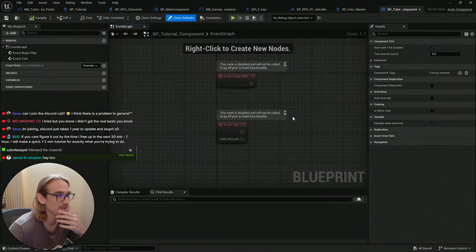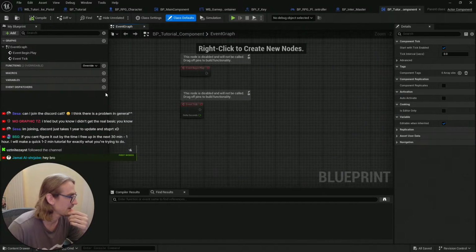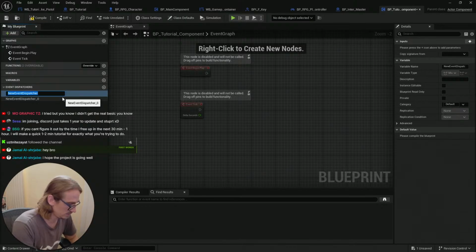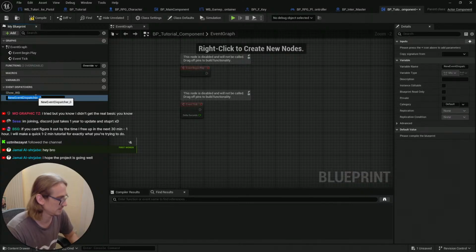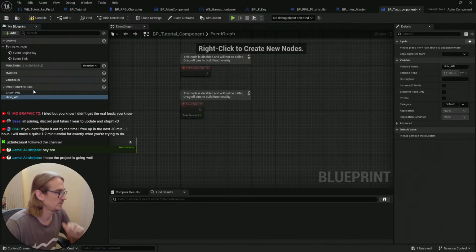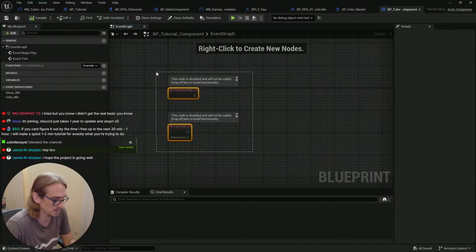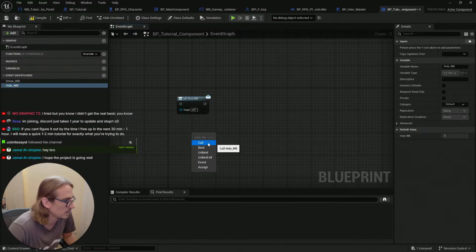And inside the BP tutorial component, we want two dispatchers. One is gonna be show widget, and the other one could be hide widget, something like that. Okay, so here we are going to call these two components, or